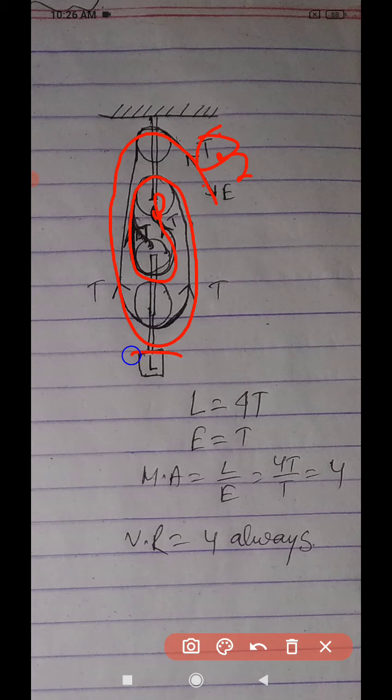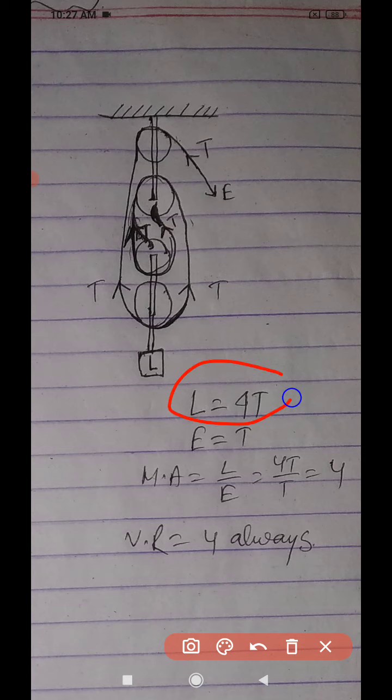So these 4 loads are balanced by, students check, 1T here, second T here, 2T. Again this total load is balanced by this pulley, again by this together. So this pulley balances this 2T, again this pulley balances 1T here, this side 1T. This side 1 rope. So 1 2 3 4, so 4T. So the load is balanced by 4 tensions, effort 1 tension, so mechanical advantage 4, and velocity ratio 4.